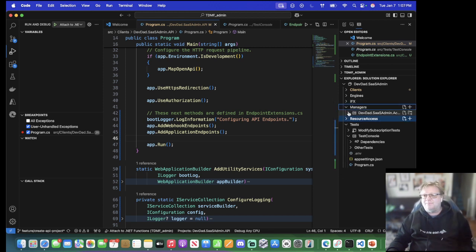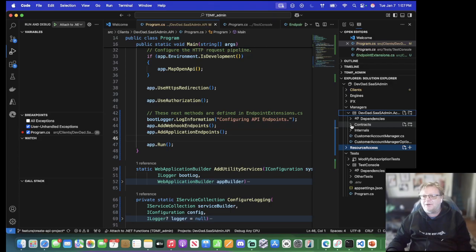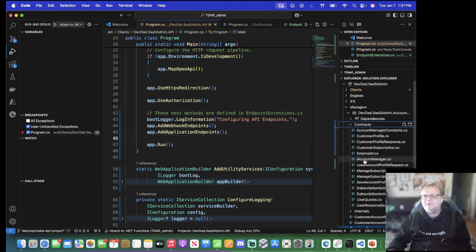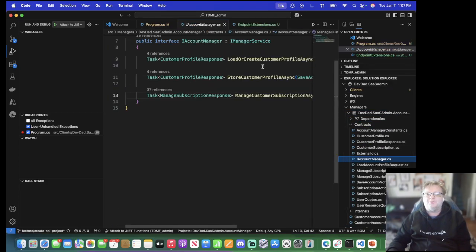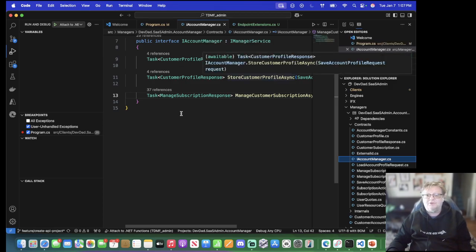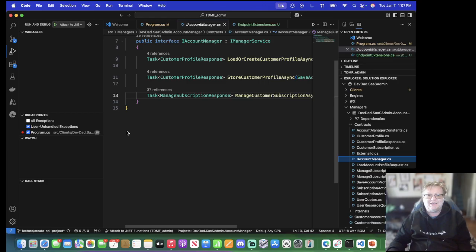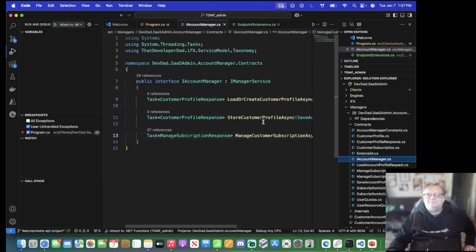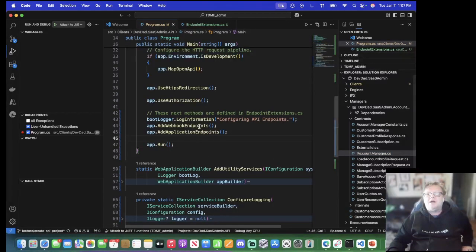The manager wraps all of that stuff together into a couple of classes. And the main thing that we're concerned about here on the managers is this iAccount manager. And we've got load or create customer profile async, store customer profile, manage customer subscriptions async, stuff like that. These are the primary use cases that we're going to be concerned with. So this morning